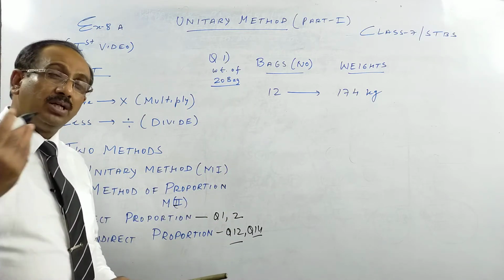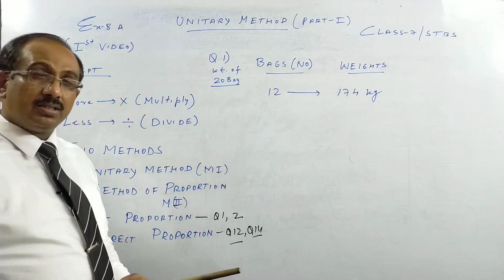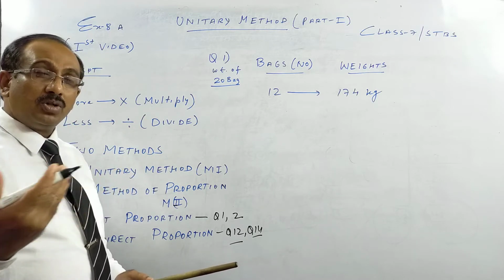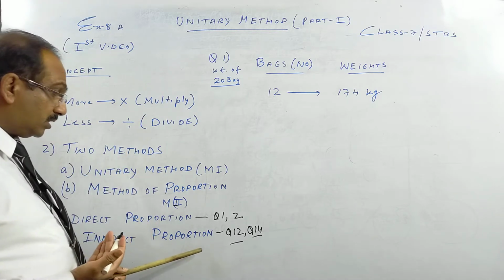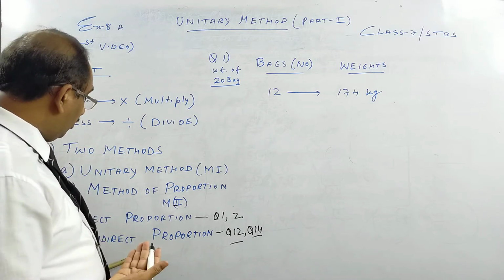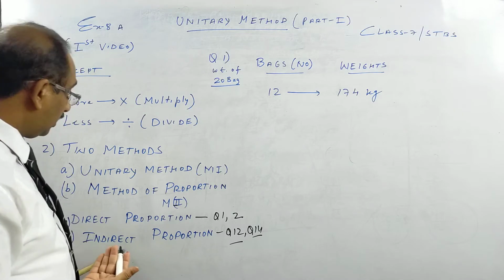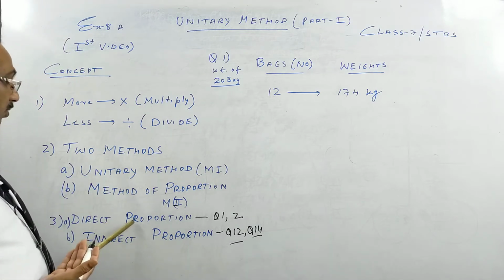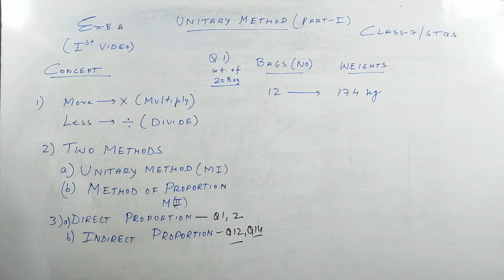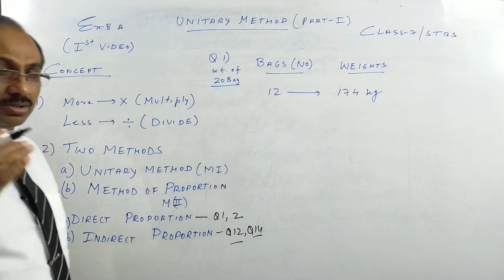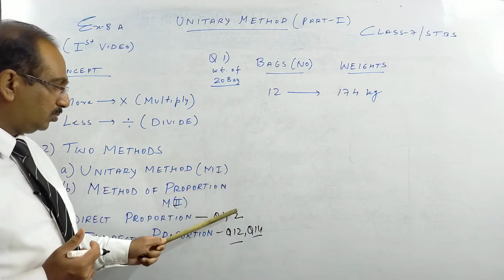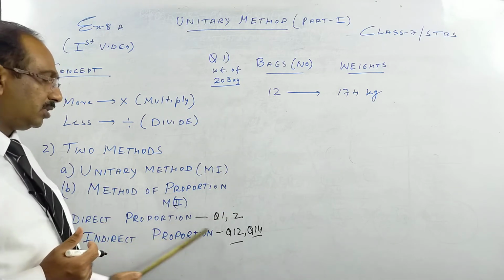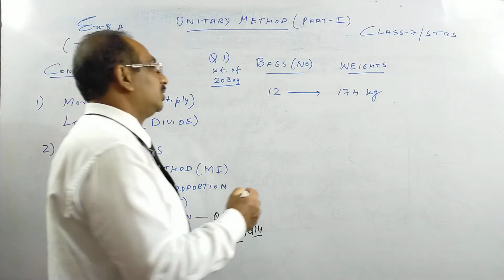Inverse means, suppose somebody does a work somewhere, 10 men do a piece of work in 15 days. So if you have 20 men, they will take less. So when more gives less or more needs less, we have what is called indirect proportion or variation, and question 1, 2 is on direct variation or proportion. So for more ideas, you can see the concept given in your book, the solved examples in your book, but you do that after you have seen me doing these two sums from direct proportion and two sums from indirect proportion. So here we go.